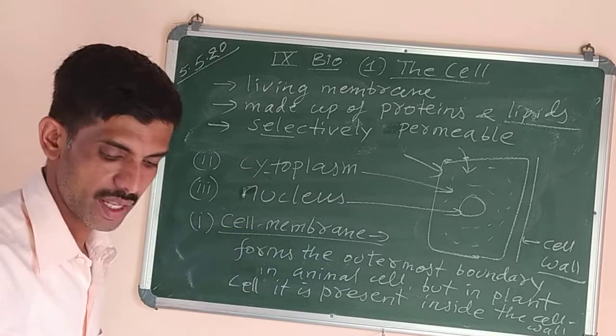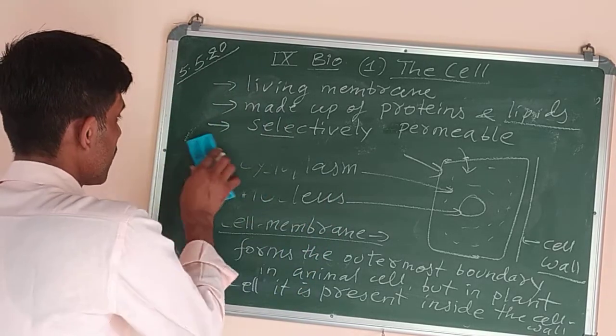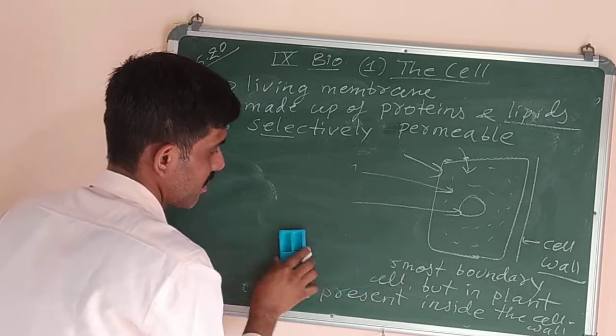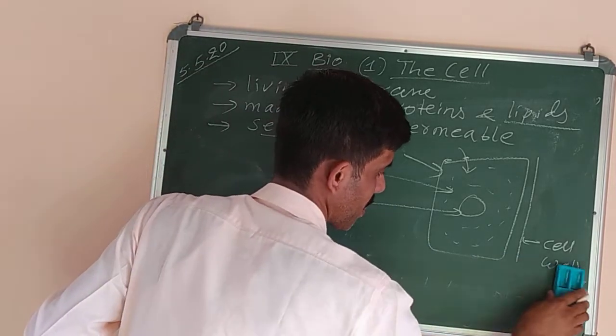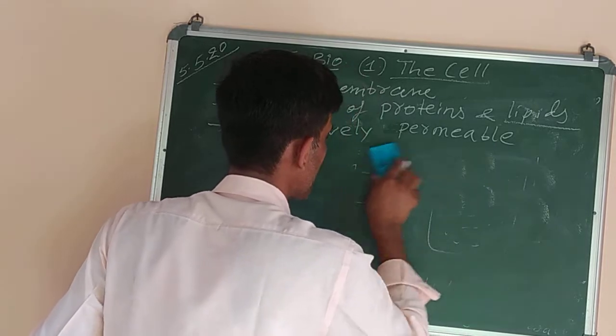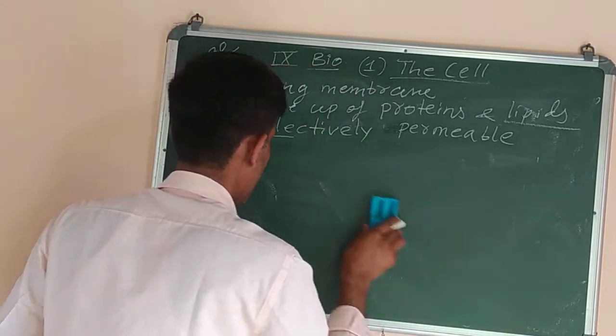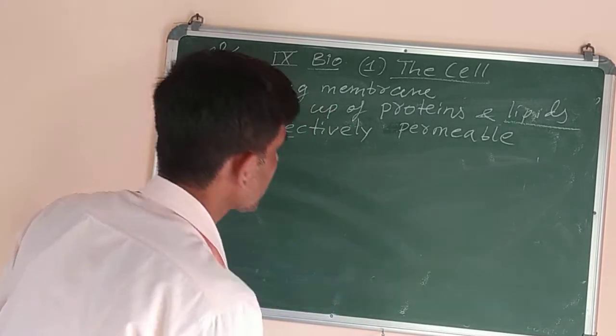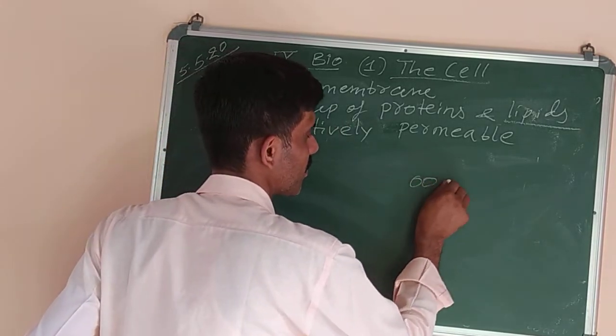But before that, let's have a rough structure of the cell membrane. A simple diagram of cell membrane, how to draw it, and what are the different parts. So this way we can draw. The cell membrane consists of